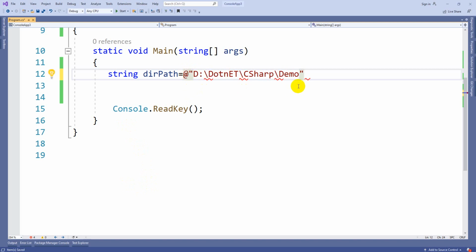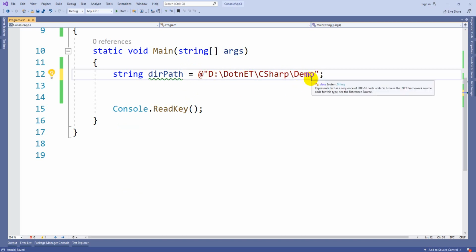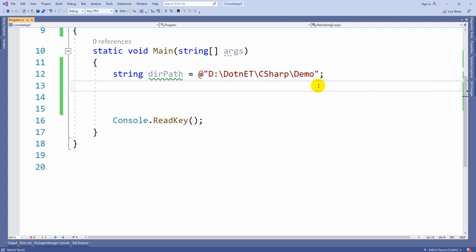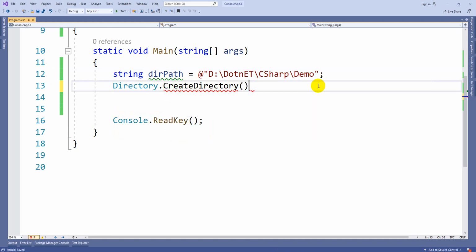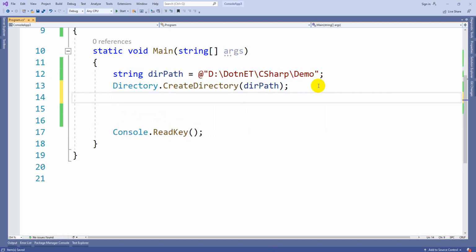As I said, you can add an @ symbol here. Now we have the path. In case I want to create a directory, there is a class called Directory.CreateDirectory. Here I can pass the directory path. As usual, to check whether the directory is available or not, the same Directory.Exists. Here I can pass the directory path.